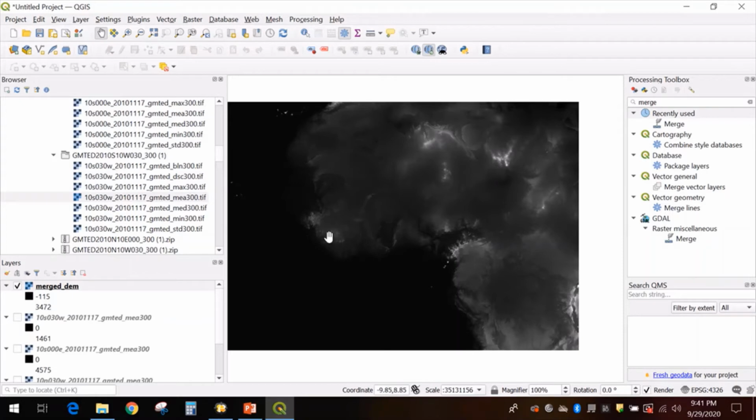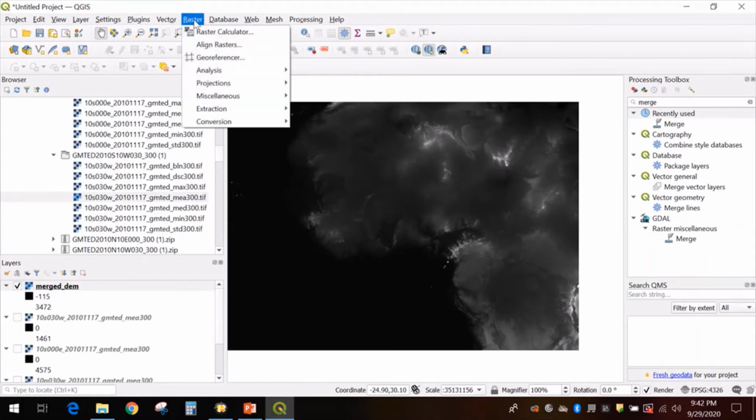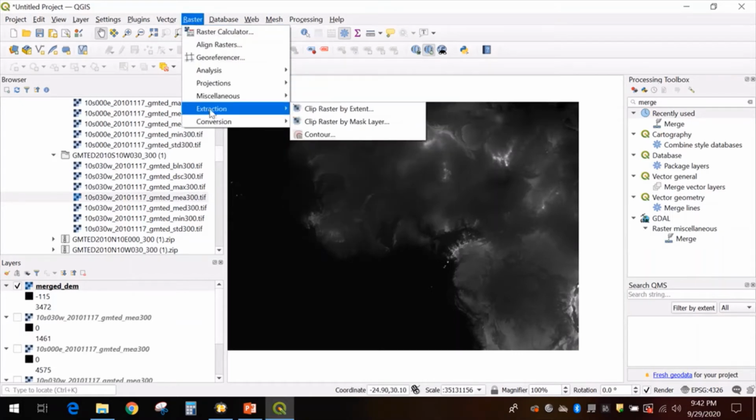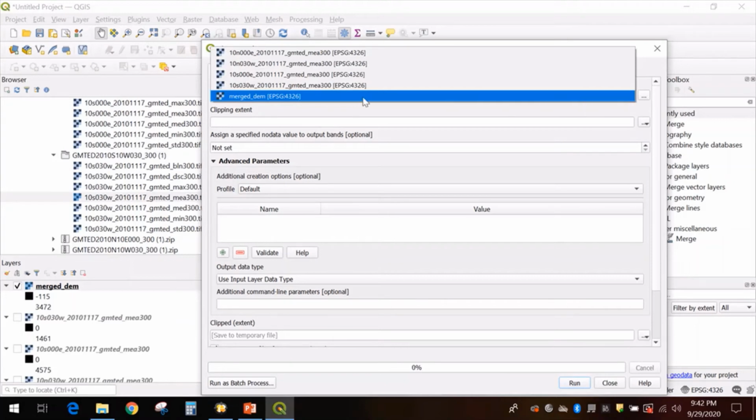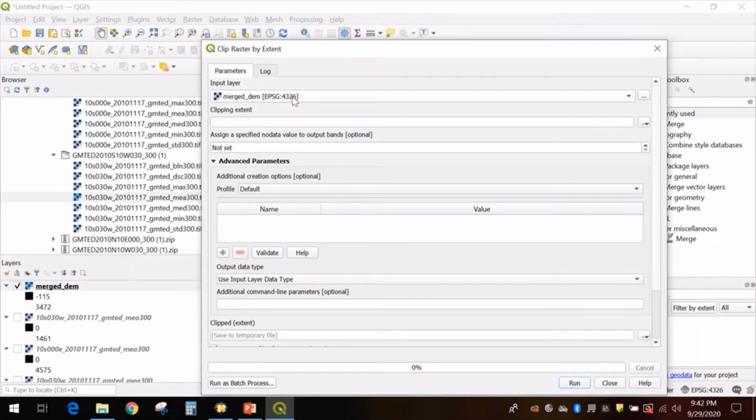So what we can do is we can clip it. Okay, we can clip only this area, right? Because I think our watershed is not going to be bigger than that area. Okay, so what we can do is we can go to raster and then we can extract, but we can actually extract by the extent. Okay, clip raster by extent, and then in this case the input layer is going to be definitely the big DEM, and